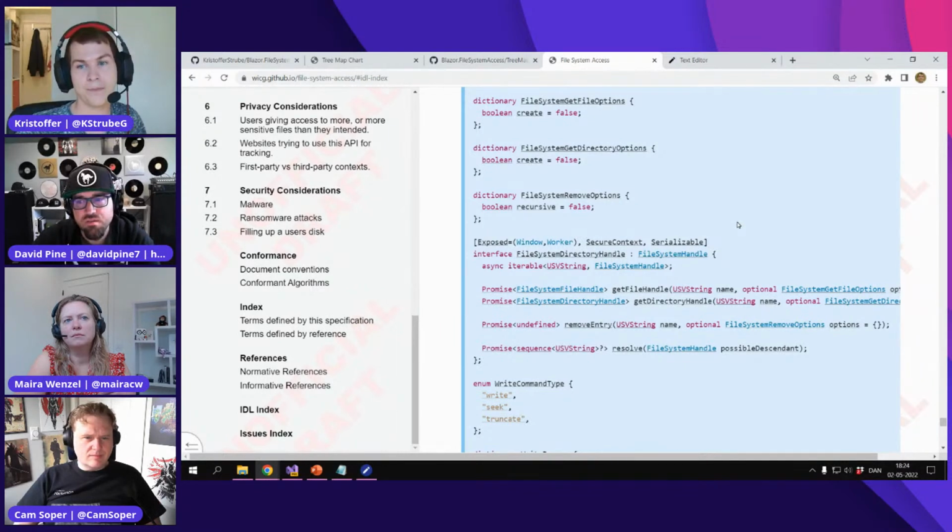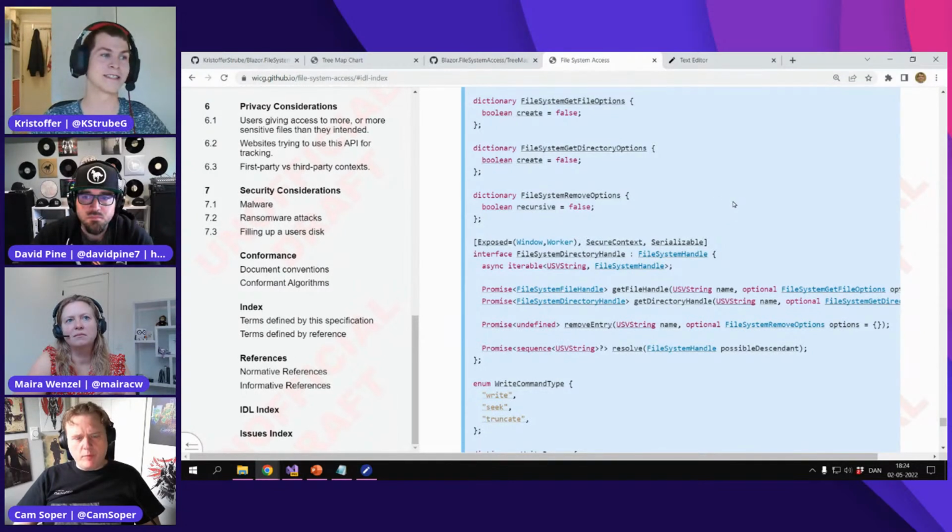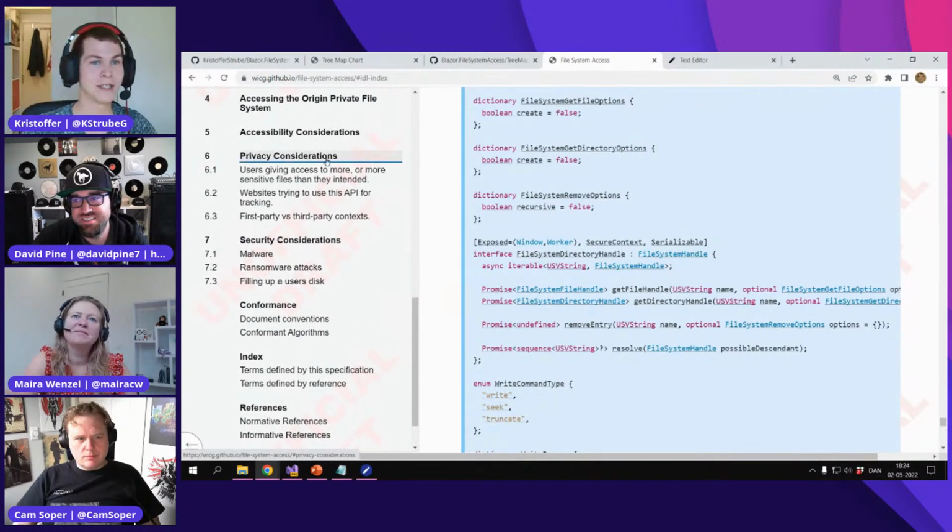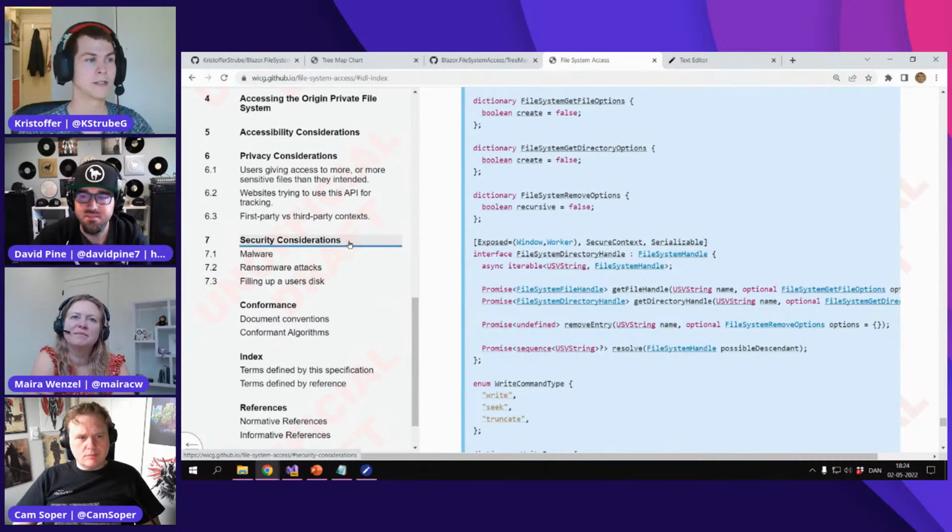Yeah. So that means that in order for this API to be accessed, just so there's clarity for our viewers, the user of the client browser actually has to opt into that. Like they'll be prompted natively from their browser that says, "Hey, this site wants access to your file system. Yes or no?" Yeah, and I guess some get scared and say, "Oh, then you could just read all my files and so on." But they have made some privacy considerations and some security considerations in the draft for the API. So they have thought about it,